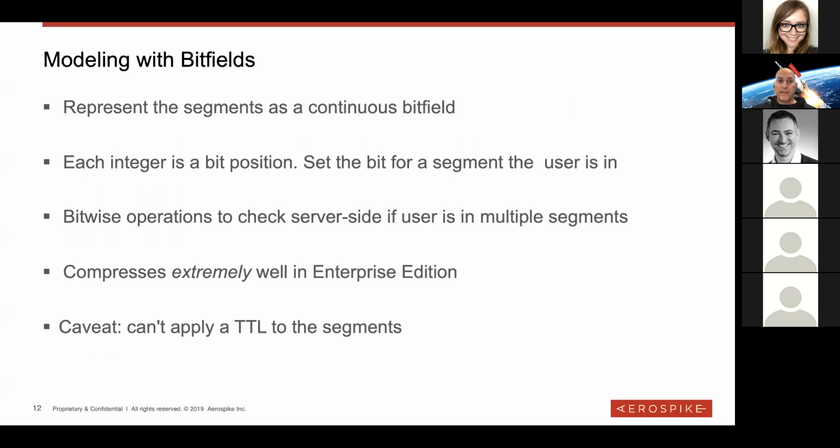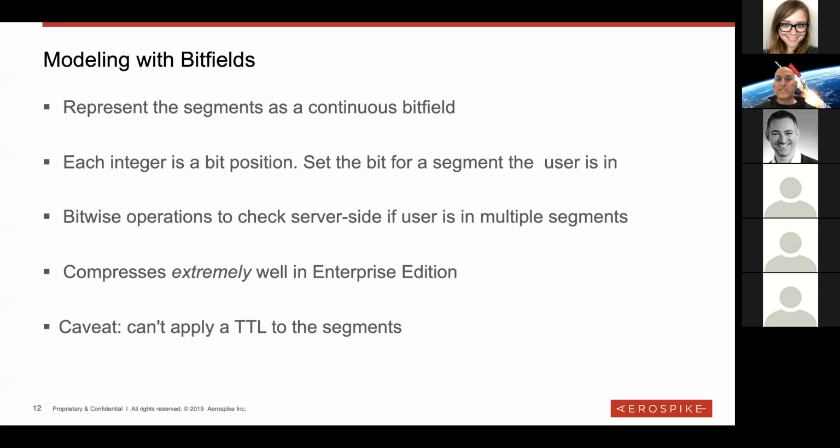So how would we model user segments with a bit field? Let's say these are continuously enumerated, like there's 2 million possible different segments, and they start at 0 and go all the way to almost 2 million. So we're making that assumption. And let's say each integer in this enum maps to a specific bit position. So if you have segment 1000, we raise bit 1000 to say that you have this segment.